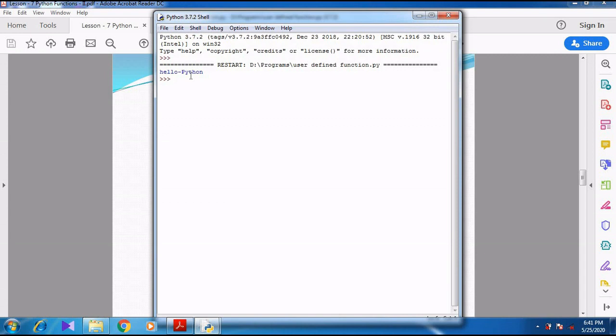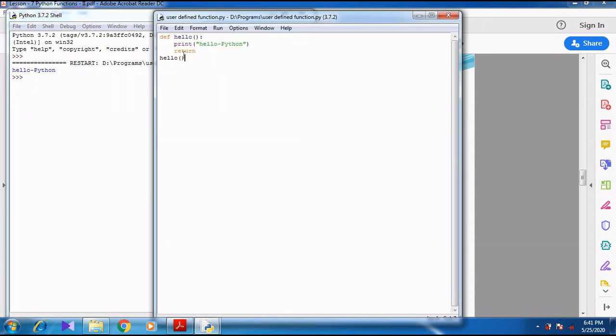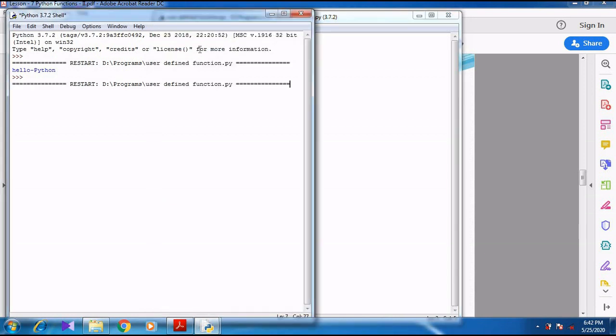Can you understand, students? See here, I have called the function by invoking the function name. Inside the function definition, I have given one statement, the print statement, and then I have used the return statement. If there is no need, I can just neglect the return statement. For example, see here, I am changing it to a comment line. If I save the program and press F5, the program works. There is no problem at all. Return statement is an optional statement.